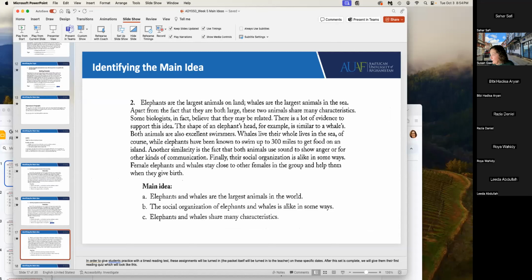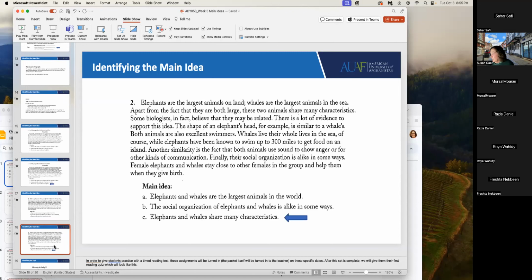Okay, let me go like this. Can you see it better now? Yes, it's C. C, correct. The other, social organization, is too specific, and elephants and whales are the largest animals in the world is too general. So the answer is C.